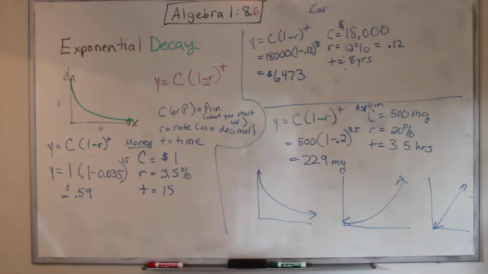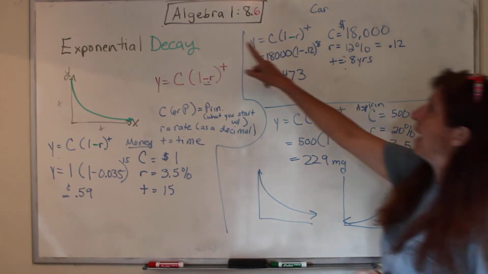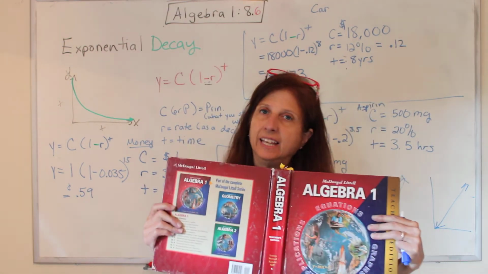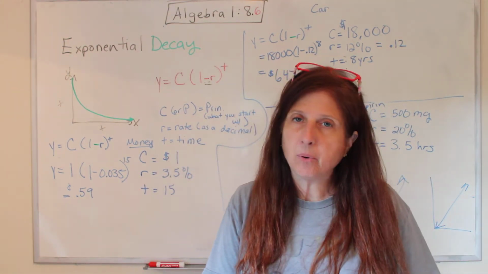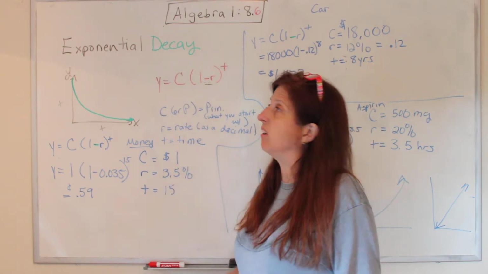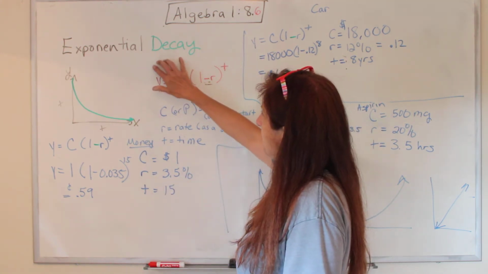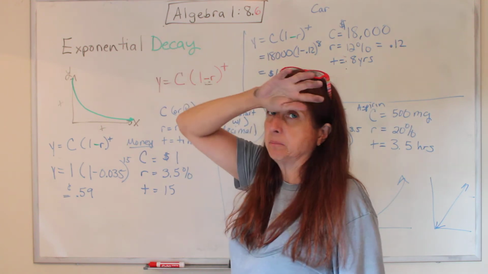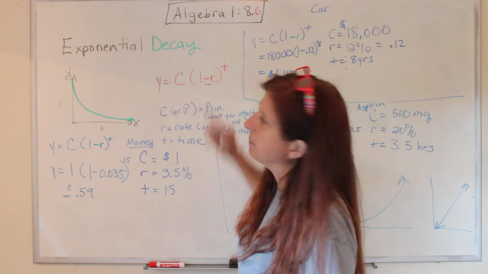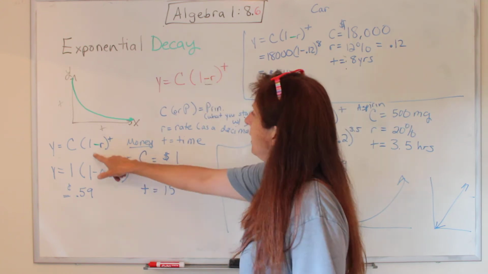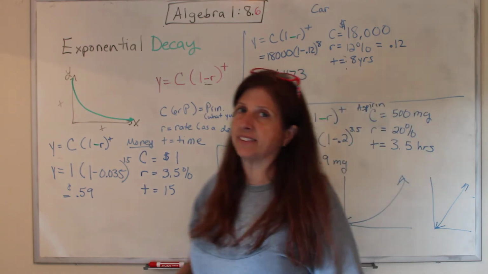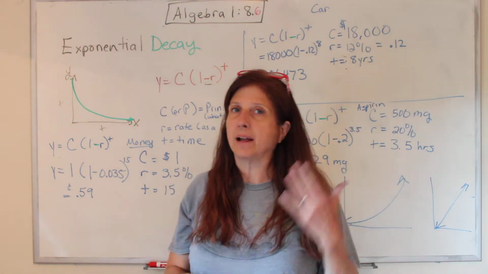Welcome back to Algebra 1, Chapter 8, Section 6 in this book. Now the board might look very familiar because I didn't actually even rewrite all of it. Where it said exponential growth, I erased and put decay. Where it had a plus sign, I erased and put a minus sign. Here, and there, and there, and there. Because growth is the same as decay, but a minus sign.